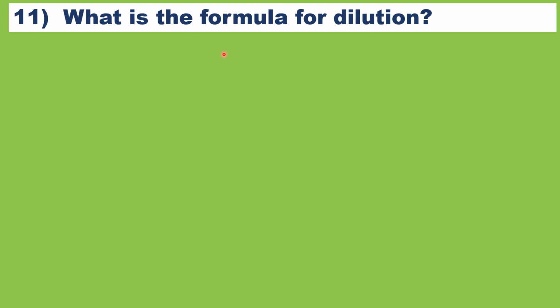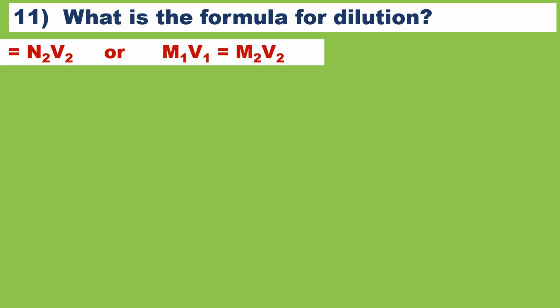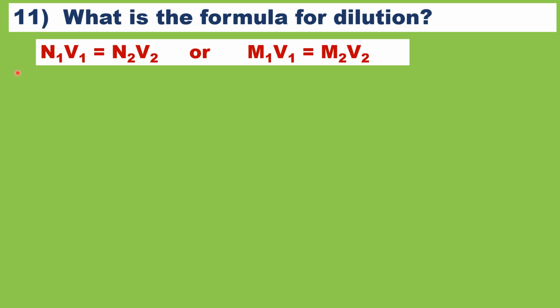Okay, let us see the next formula. What is the formula for dilution? This is so often used in practicals, in industry, or even at home. So how does the molarity change upon dilution? This is the formula N1V1 equals N2V2, or if the concentration is given in molarity, M1V1 equals M2V2 is used. For example, you have 100 ml volume,